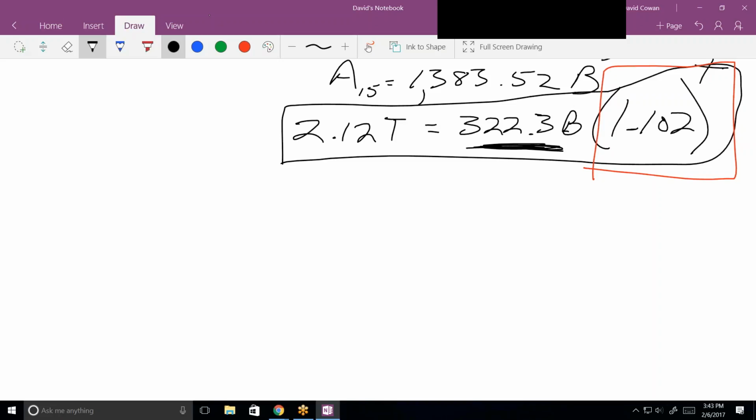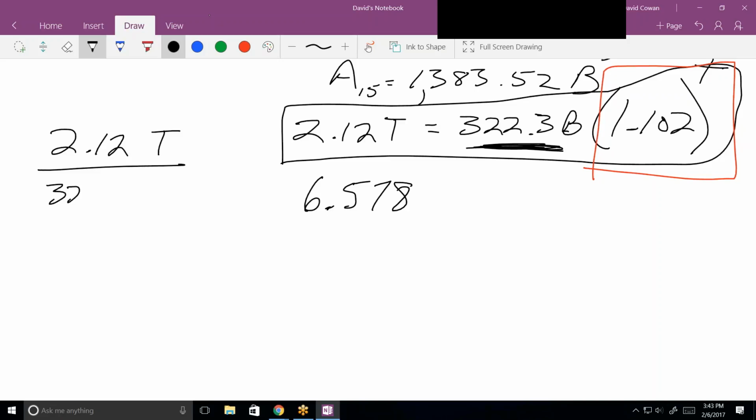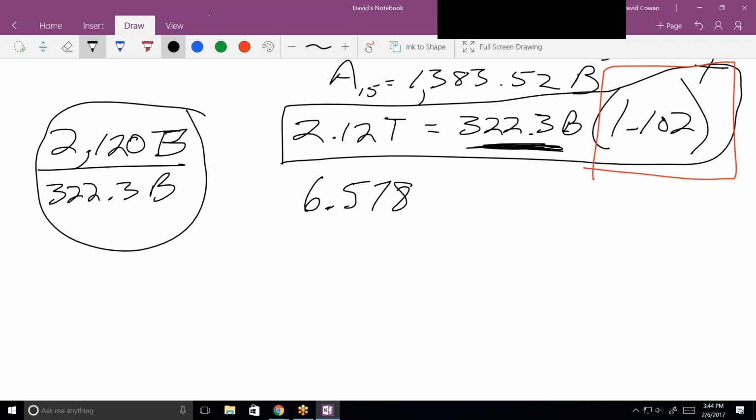2.12. You got 0.006. So you get 6 point what? What's after the 6? 5. Anything else? 7, 8. So that is what 2.12 trillion divided by 322.3 billion is. Because remember what 2.12 trillion was? That was that number right there. In other words, 2,000 billion. So when we do that division, we better get a number in the neighborhood of 6. And we did. Okay, so now that is equal to